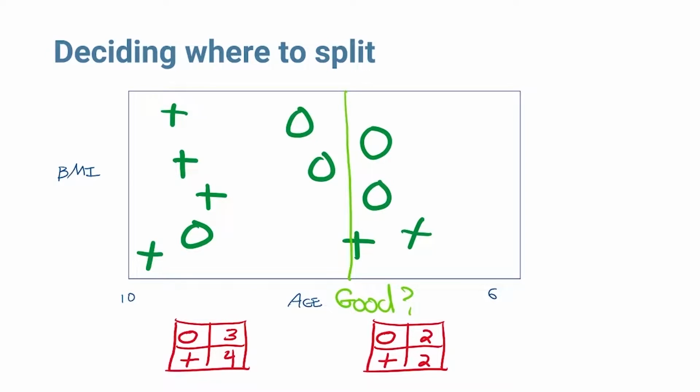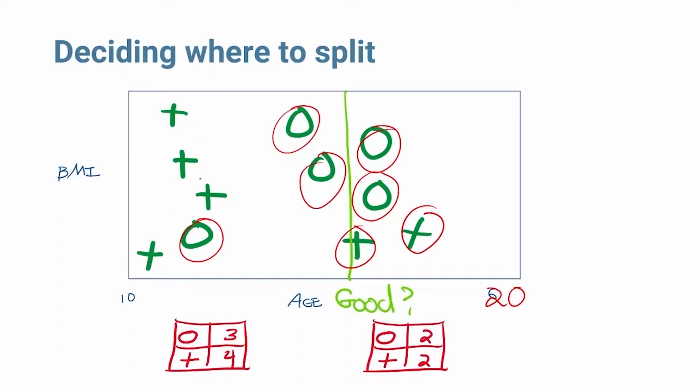Well, you could choose this split point right here. This is about age. So let's say this is between 10 and 20. This might be a value of age equal to 15. But how do you know if this is a good or a bad split point? So this results in 2 cases that are positive, 1, 2, and 2 cases that are negative. And then this region on the left has 3 cases that are negative, and it has 4 cases that are